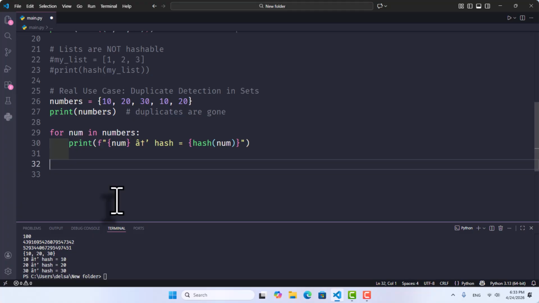Part 5. Custom hashing for your own classes. You can even define your own hash function for custom objects by implementing __hash__ and __eq__. You tell Python how your object should behave in hash based collections. Example: